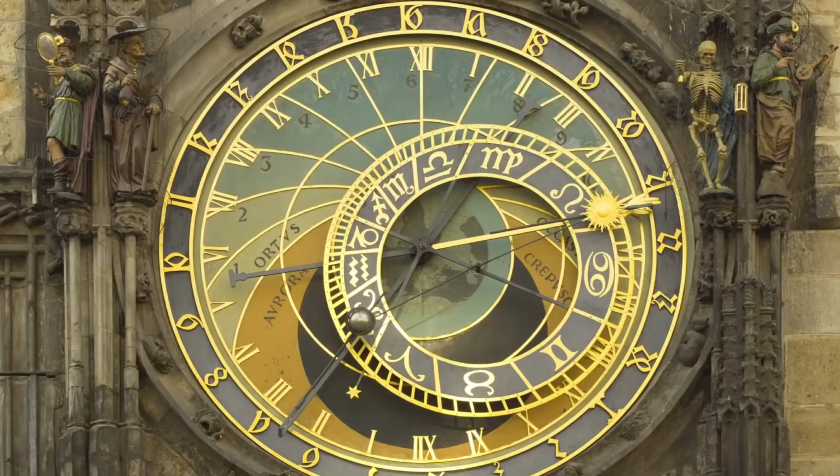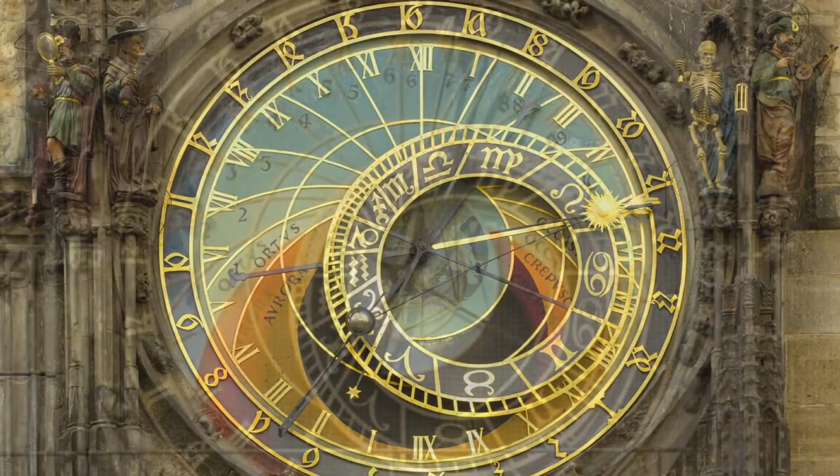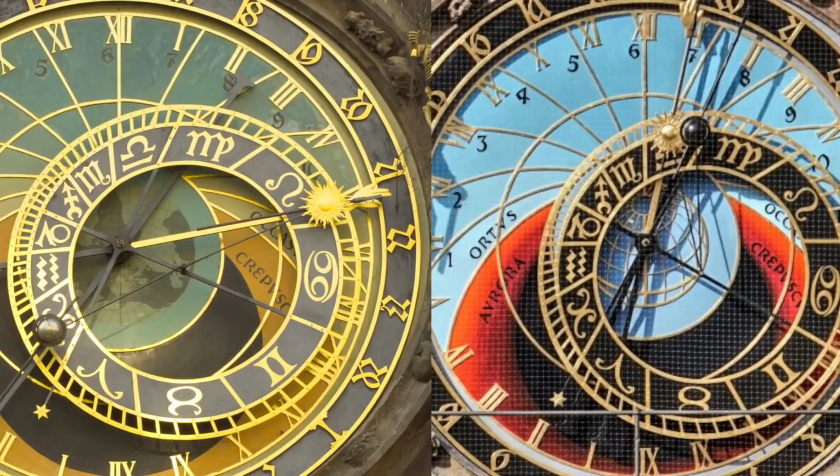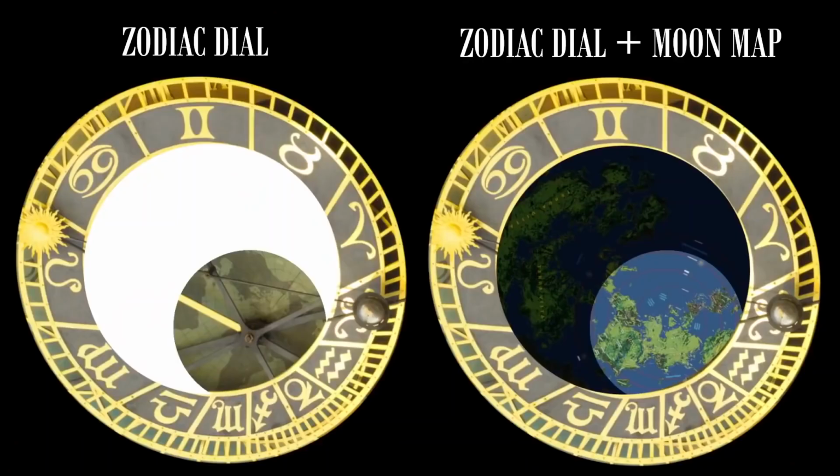The Prague Astronomical Clock has been altered drastically over the last 200 years. It's suffered fires, been restored and altered. And you can see that here in the way the projection of the Earth behind the clock has changed over time from a flat map to a bulging, unsightly sphere. But look, when you align the ecliptic dial with the map of our greater realm, then this all starts to